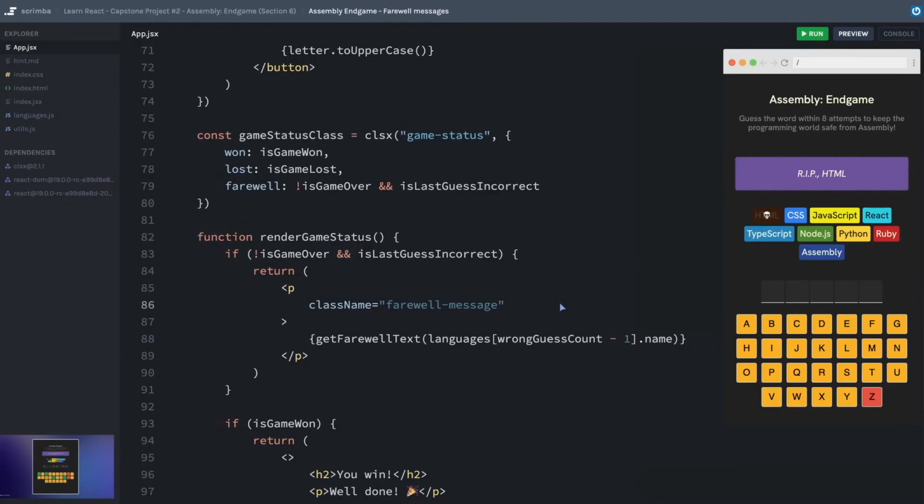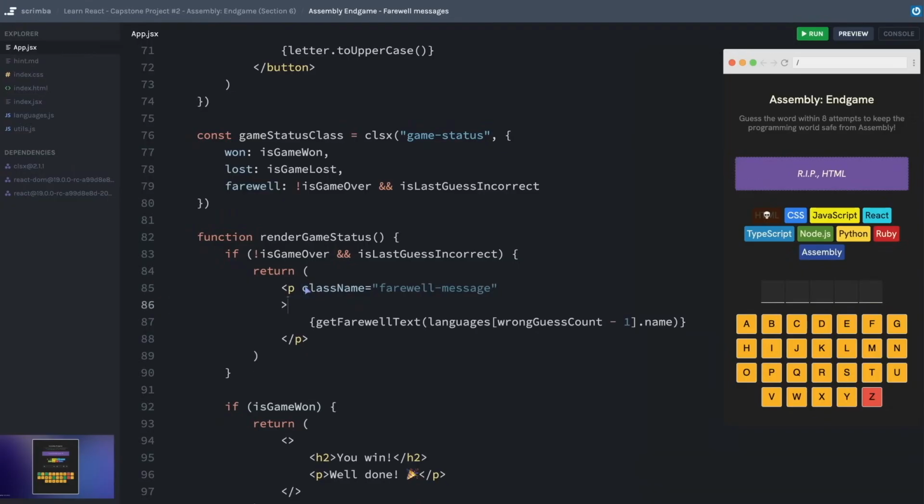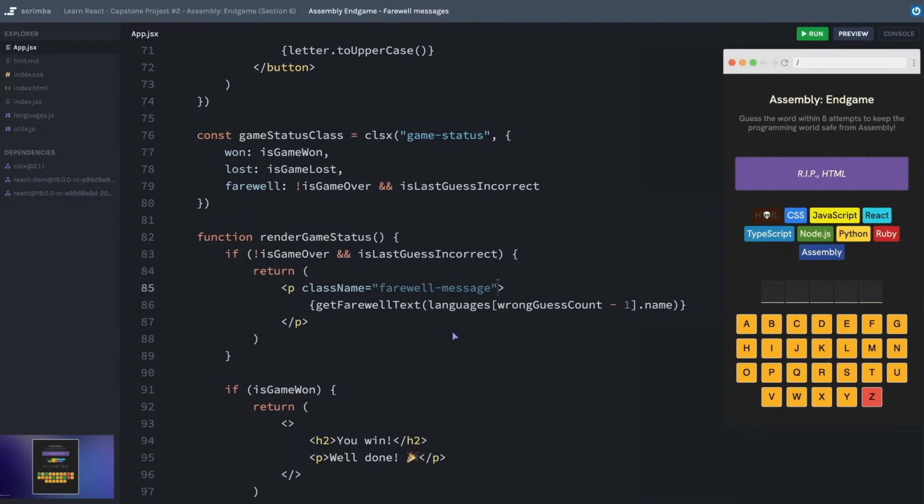Great work on this challenge. I know that there were a lot of moving parts to this, and something that seemed as simple as just display a simple message here ended up being quite a bit of logic. Hopefully that went well for you, that we're really building something that has a lot of moving parts. I think I don't need this on its own line, actually. That's good enough. And we can check one more item off of our backlog. We're getting closer to completing this app.